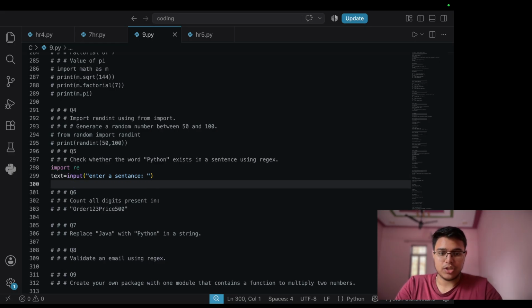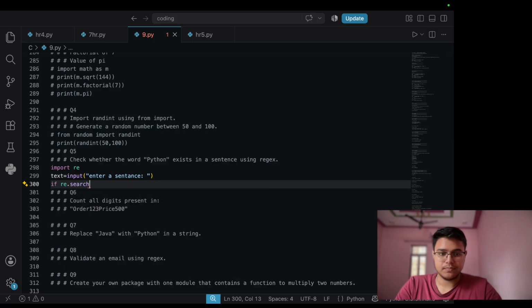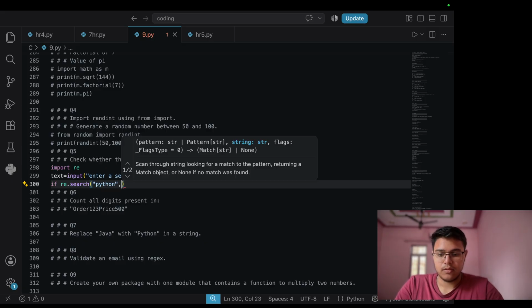Now we have to check. So for that, if re.search Python comma text,